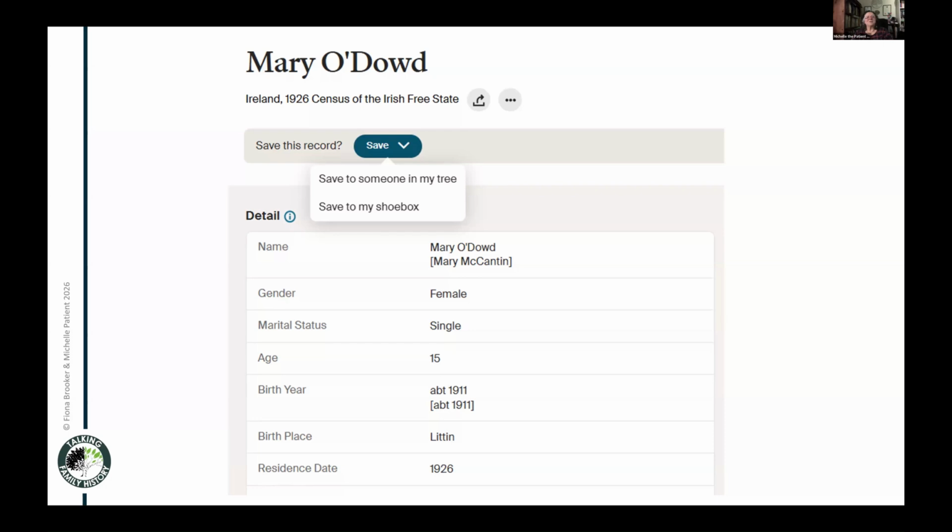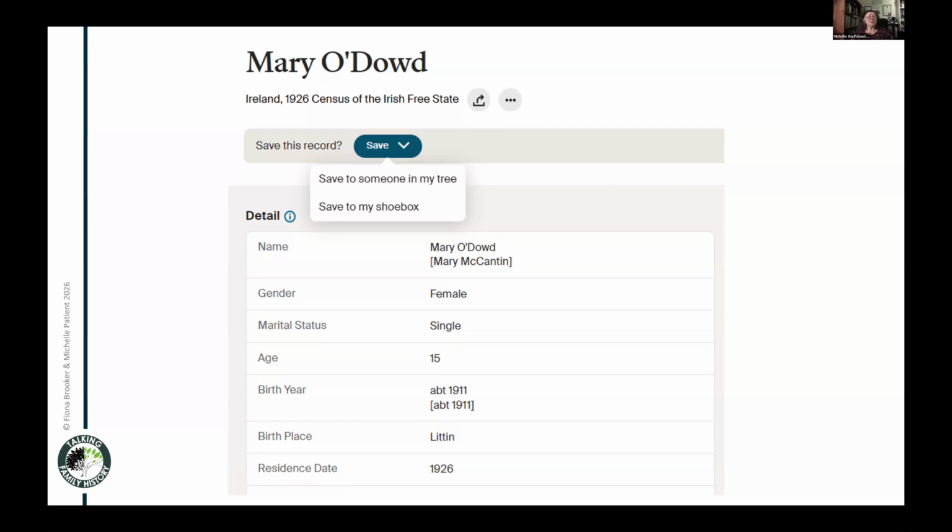But the way I would deal with that is I would probably save Mary to my sandbox tree, which I do for private, unsearchable research where I am experimenting with my research and I'm not comfortable yet in saying this is public knowledge I wish to share with anyone. So you will have seen Fiona's many ways of having a tree. And this is one of those occasions where I would be doing private unsearchable research on a tree, adding this,